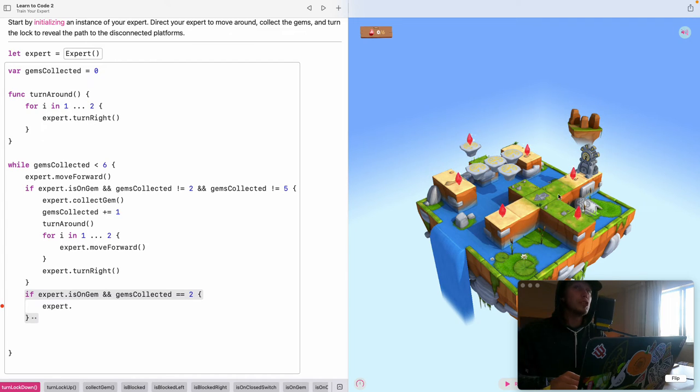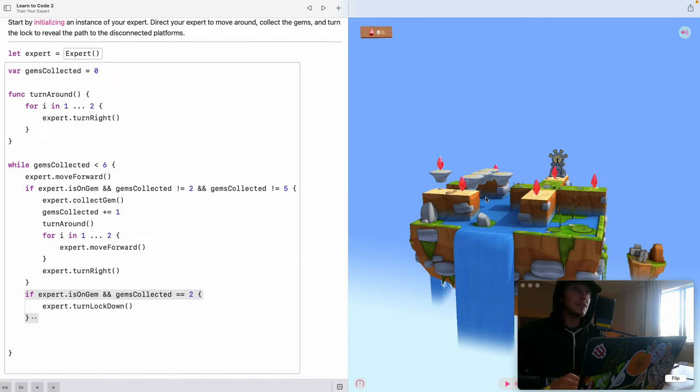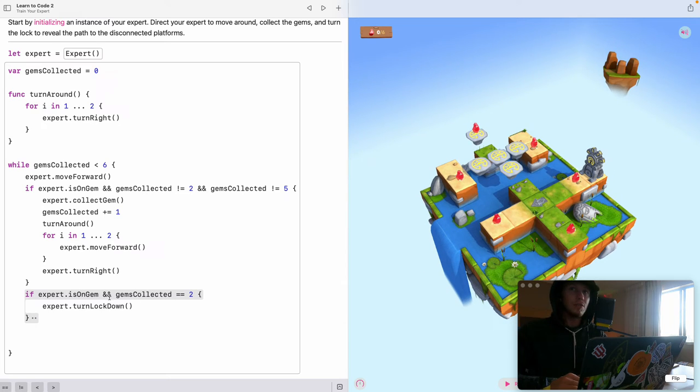If we have 2 gems and you're on a gem, which is right here, you're going to turn lock down. As you can see, the locks are up right now, so you want to put them down. So if expert is on gem and it equals 2, expert turn lock down, expert collect gem,